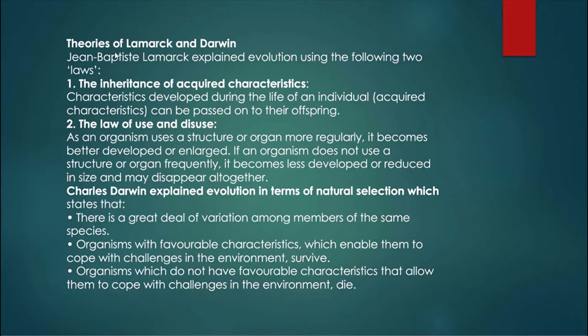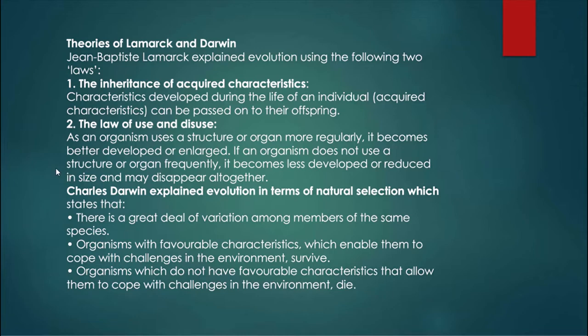Theories of Lamarck and Darwin. Lamarck explained evolution using the following 2 laws. The first law, the inheritance of acquired characteristics: characteristics developed during the life of an individual, acquired characteristics, can be passed on to their offspring. The law of use and disuse: if an organism uses a structure or an organ more regularly, it becomes better developed or enlarged. If an organism does not use a structure or an organ frequently, it becomes less developed or reduced in size